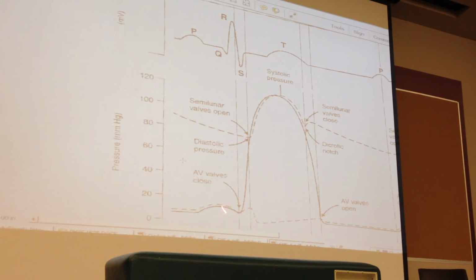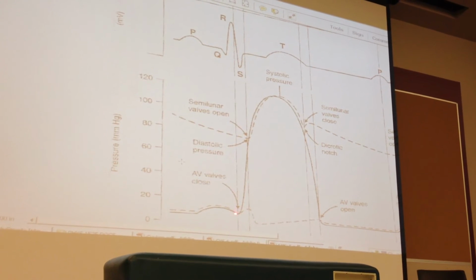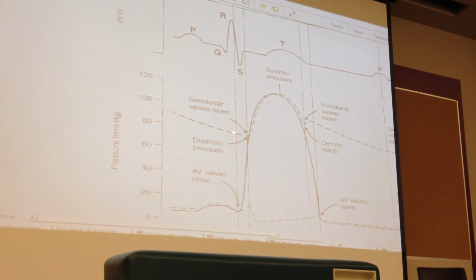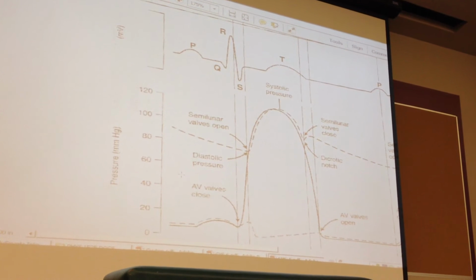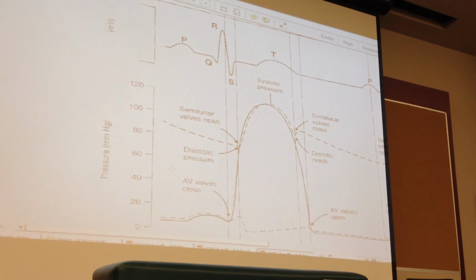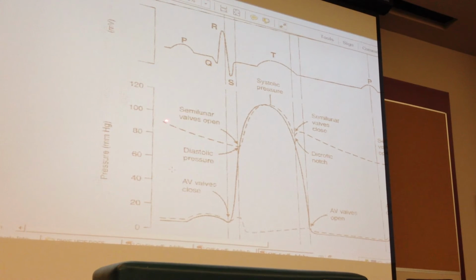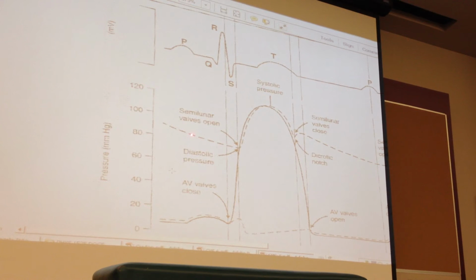So all you're doing is paying attention to these lines. Once you do that, you can recognize that you've got a dotted line and a solid line. These are all pressures in different parts of the ventricle as well as in the aorta. What is this pressure that's coming down to the dashed line? Look at the numbers. It's coming down to about 80 millimeters of mercury. That represents the pressure of the blood in the aorta. Got it? The dashed line represents the pressure of the blood in the aorta.